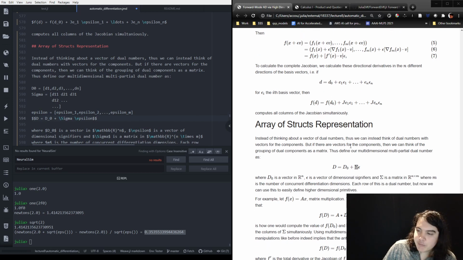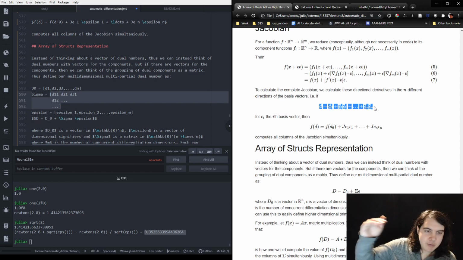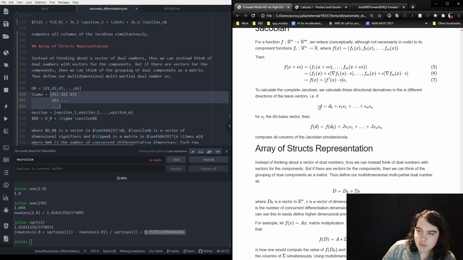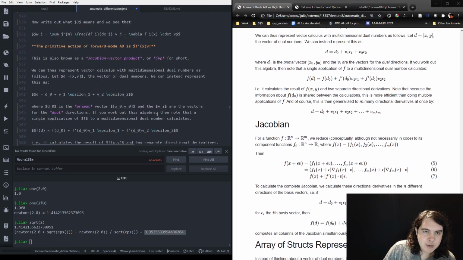So now the way that we define this multidimensional dual number is we take this matrix, we multiply it out, and we get this. You can think about it as you take one of these dual numbers, d, and you stack it, right? You have an array of d's is equal to an array of these values plus this, plus this, plus this. And what you see on the right here is these coefficients in front. If they were scalars, they would make the coefficients of a matrix. Right, so you can go up to here,